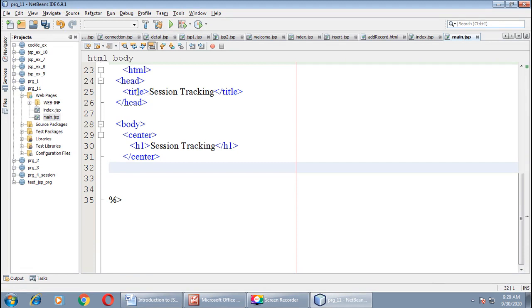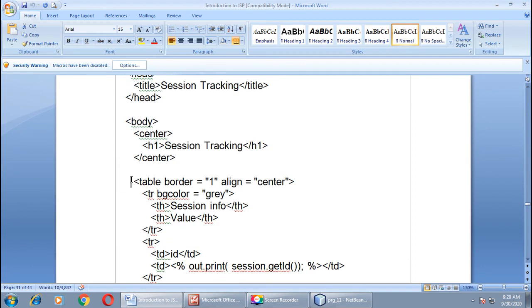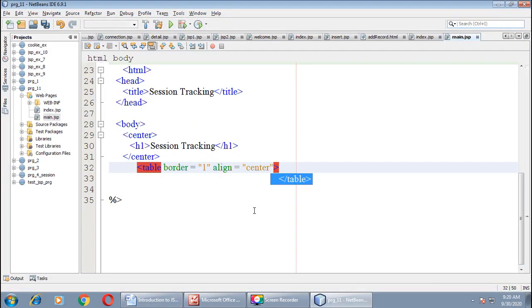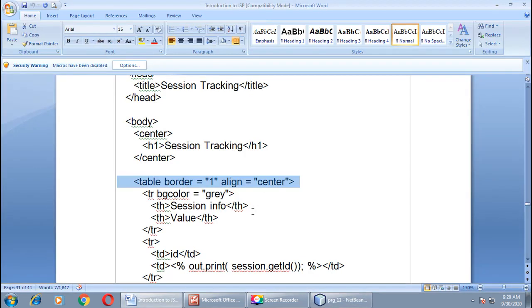HTML head, title, head is over, body tag begins, and our header is session tracking. Now here I want to create one table. Set the border to 1, alignment is center, end of table, and enclose tr and td in between the table tag.